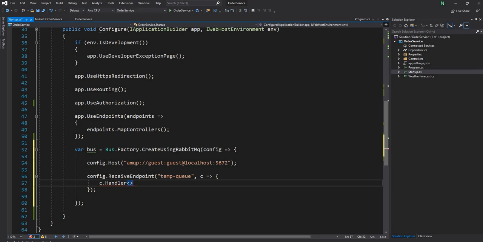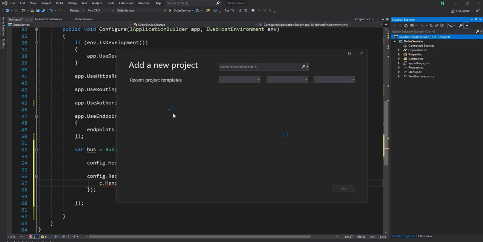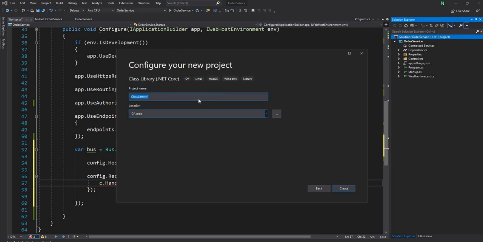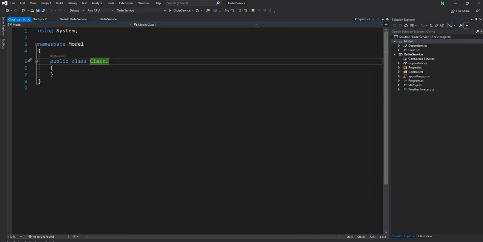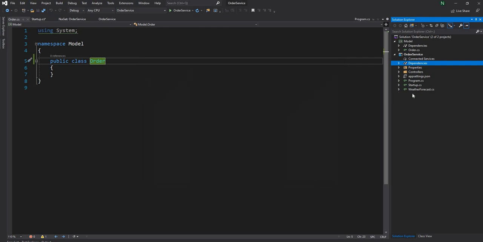For the time being, I'm just going to go ahead and create a new class. And it is also important that this model that we are going to use is available in a shared library. And I'm going to explain why that as well. And it will be clear when we go through running this application why it has to be a shared library. So I'm just going to name it as model. And for this class, I'm going to name it as order. Next, I'm going to add this model as a dependency to this project,